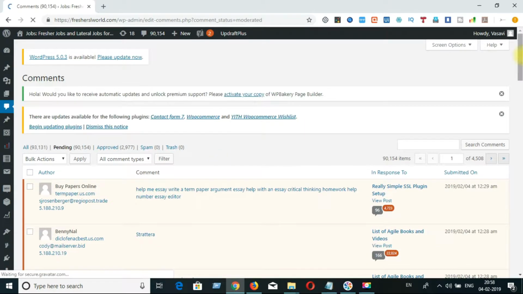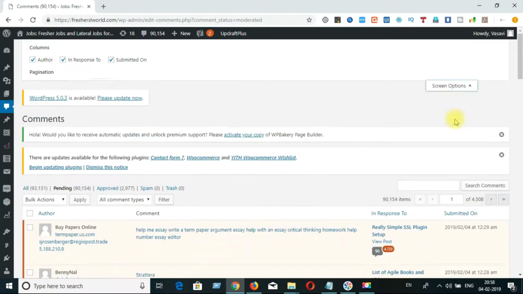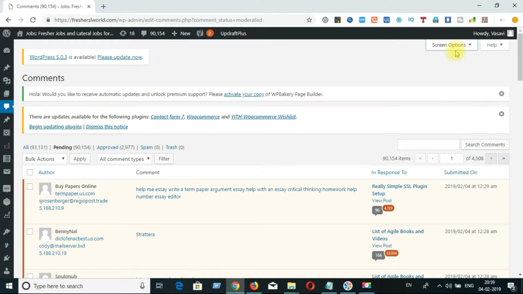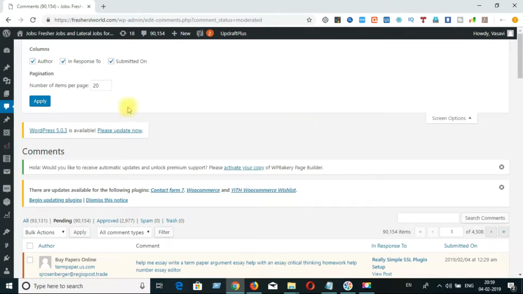We will see now. Here you can see the screen options on the top right. Just click on this drop down. If you click on the screen options, you can see 20, right? Here a lot of comments are there, that's why I am putting 200. Let me put 2000 right now.